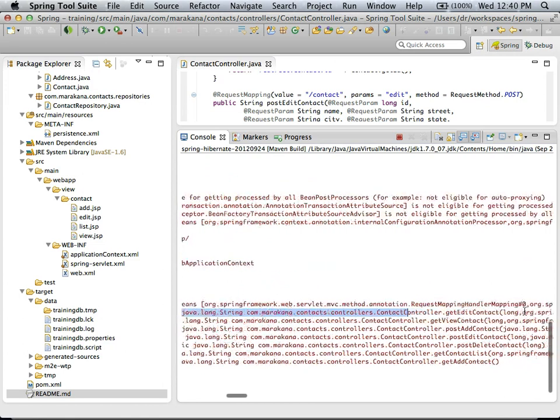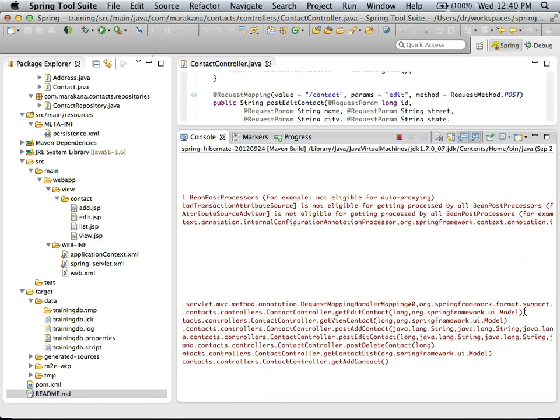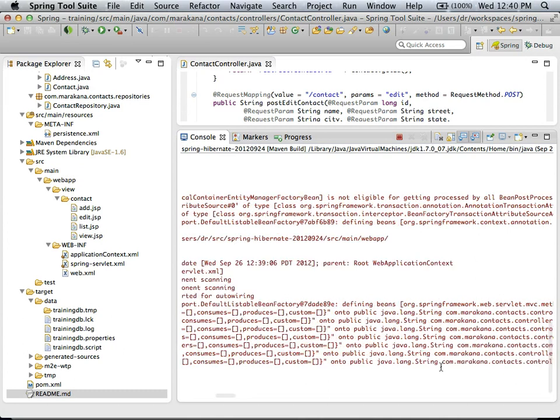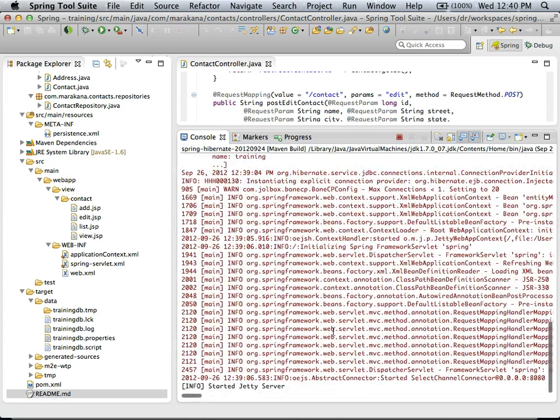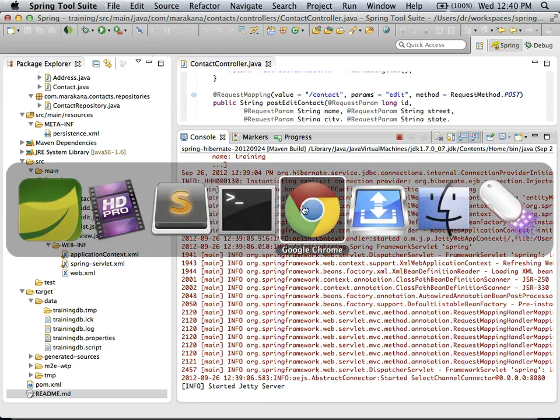This contact controller.getEditContact. If we ever have any trouble figuring out why certain methods are being called, we can always go back to this debug output and just see a full list of all of the dispatcher servlet's mappings, right? So that's all set up for us now. Hopefully